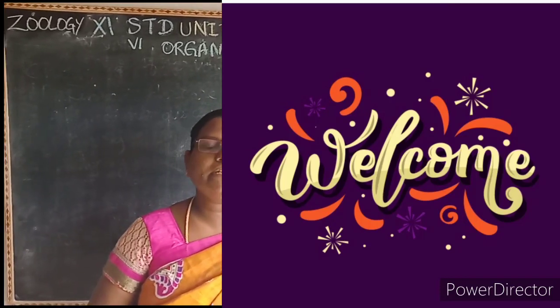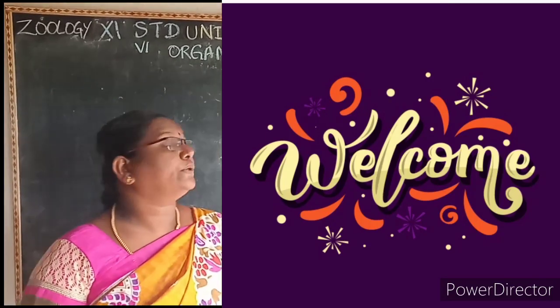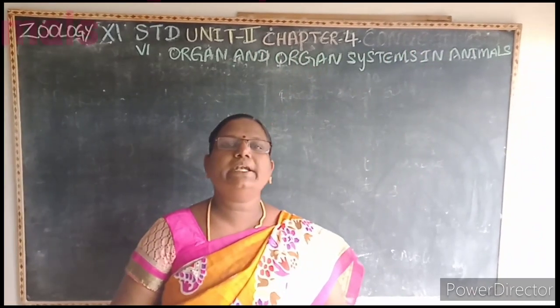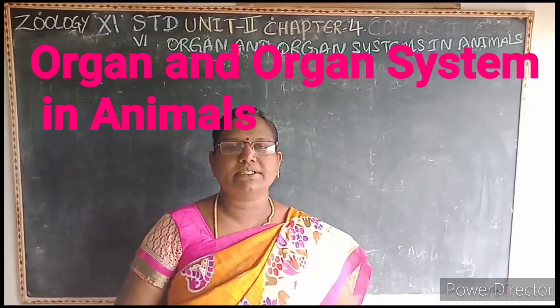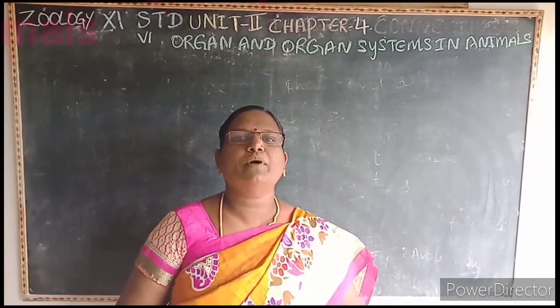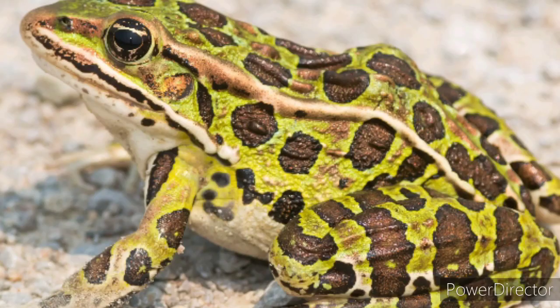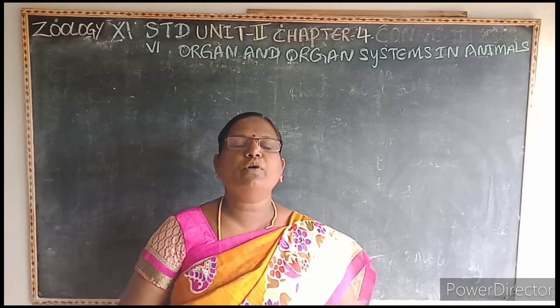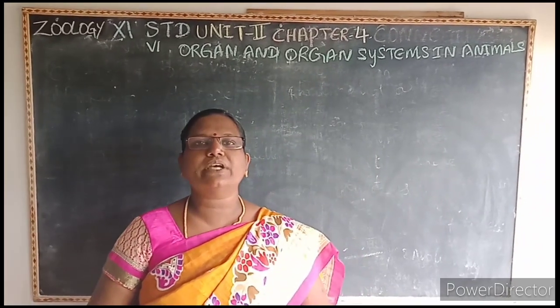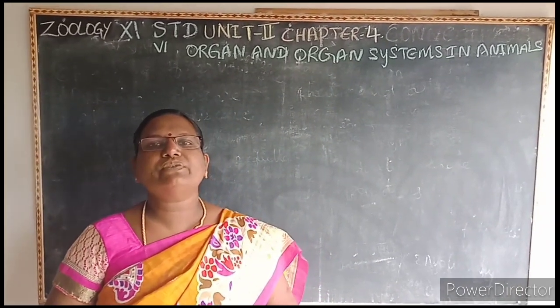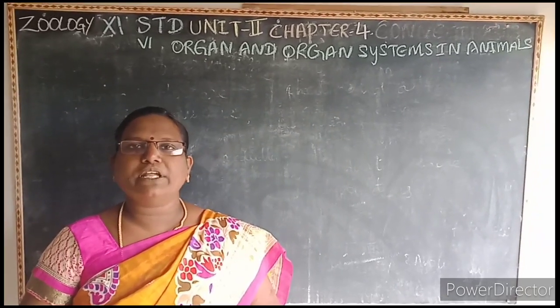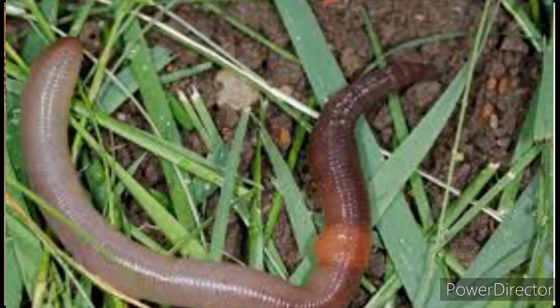Welcome to the 11th standard zoology class, unit 2, chapter 4, organ and organ system in animals. This class we are going to learn about the morphology of earthworm, cockroach and frog. What is morphology? Logy means study. Morpho means external. The study about the external characters is known as morphology. So first we are going to learn about the morphology of earthworm, cockroach and frog, and to recognize the